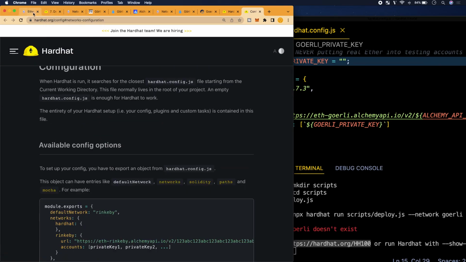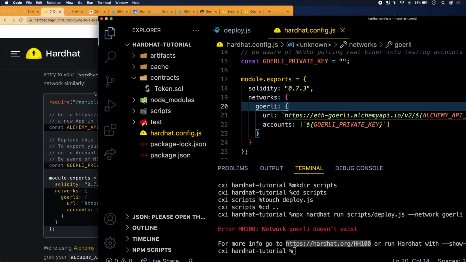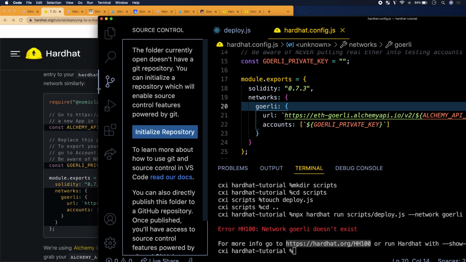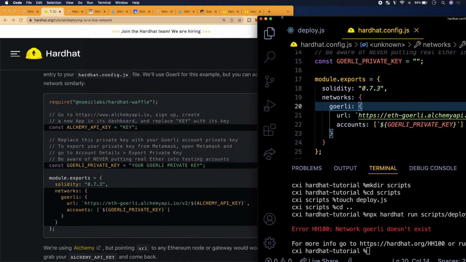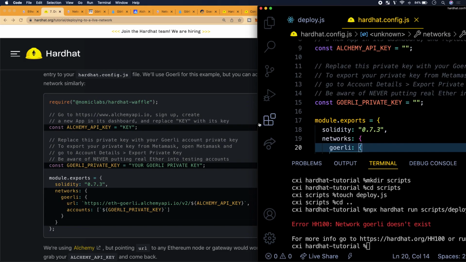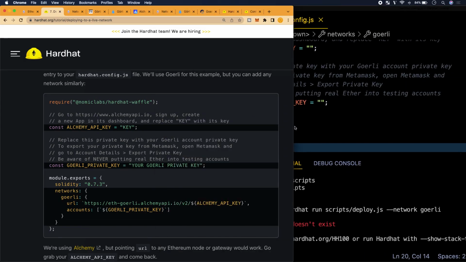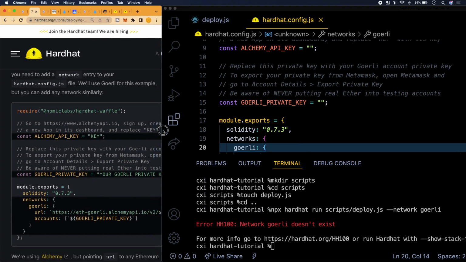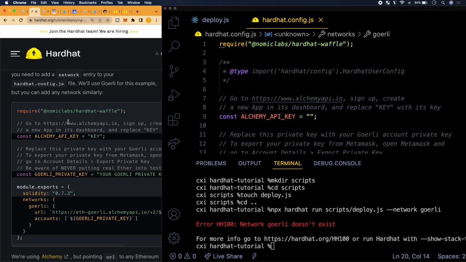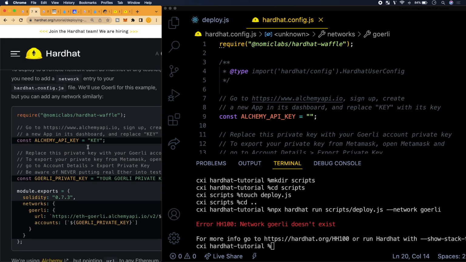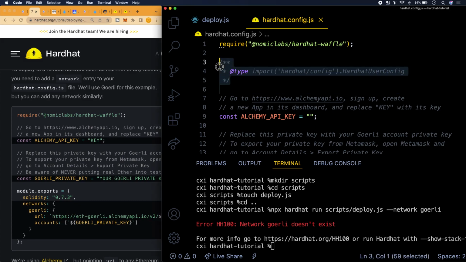We might not be able to get it on this one because we're running on time, but we'll take a last look here. So, require nomiclabs hardhat-waffle, and the type import config. This might be crazy, guys, but I think it might be this type here. So if we were to wipe that out,